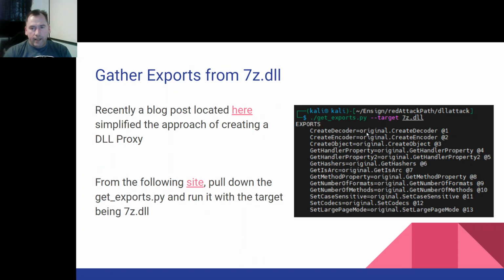Notice that in this output for the exports, there's original dot. Original is going to be the name of our DLL. So 7z.dll in the 7-zip folder will be renamed to original.dll. If we wanted to change original to del or hack or hijack or hidden, we could do that here, but